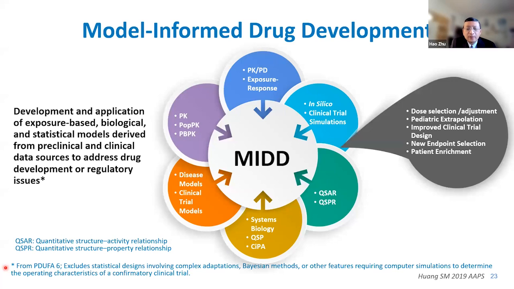Then it gets extended to the exposure response models. And further, some disease models were developed to characterize disease progression and patient characteristics. And this information can be applied to conduct in silico clinical trial simulations and improve clinical trial design. And in recent years, novel techniques, including quantitative structure and activity relationship, or QSAR models, systems pharmacology models, artificial intelligence, or machine learning models are used to further expand our capacity in using modeling and simulation tools to streamline new